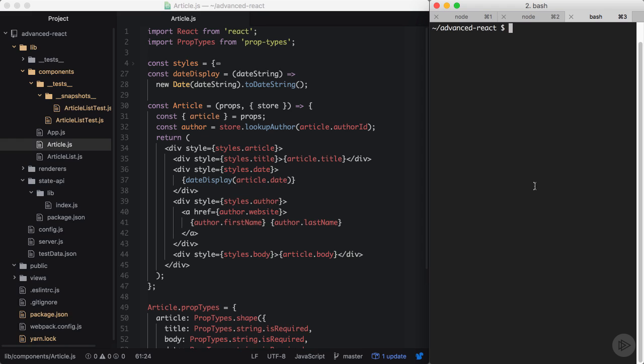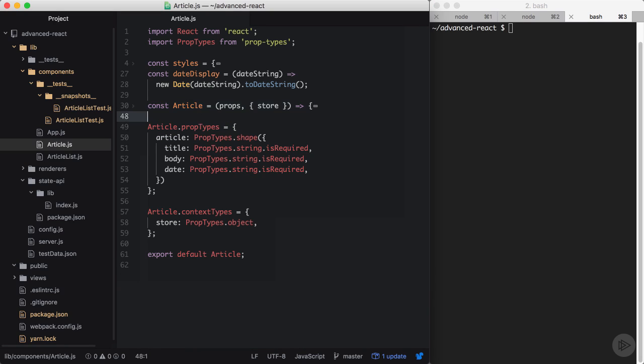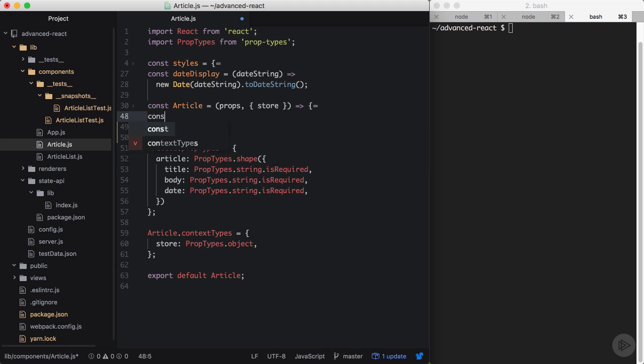One thing we can do is to split this article component into two. One component that's responsible for extracting the store out of the context API, and another responsible for rendering an article object. A component that does anything beside presenting UI is popularly known as a container component. So basically, we'll consider this article component here the presentational component, and then we'll create another component, call it article